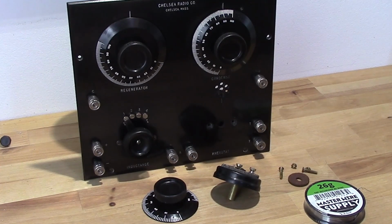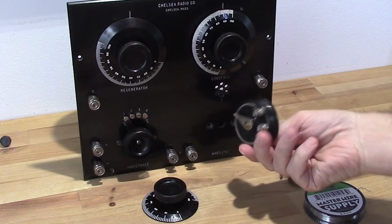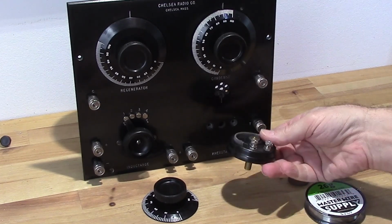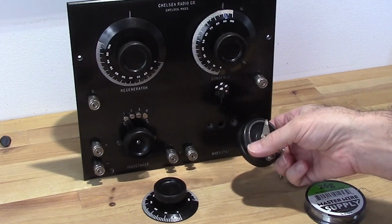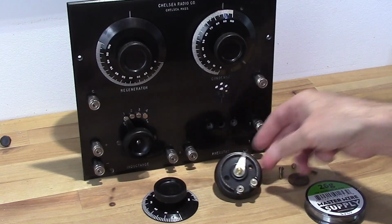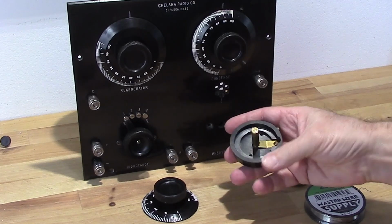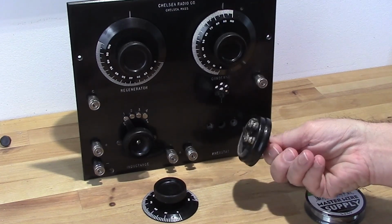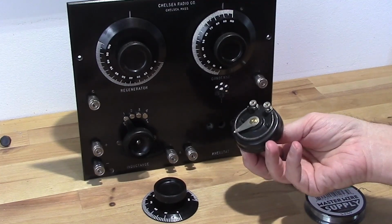So I went ahead and fired this thing up as a pre-test, and much to my despair, what I've discovered is this rheostat is bad. And while it looks intact, it's actually broken in several places along this coil form. So I'm going to have to rebuild this rheostat. Unfortunately, these rheostats here are Chelsea specific and they're extremely hard to find. So I don't have any spares, so I'm going to have to repair this one,